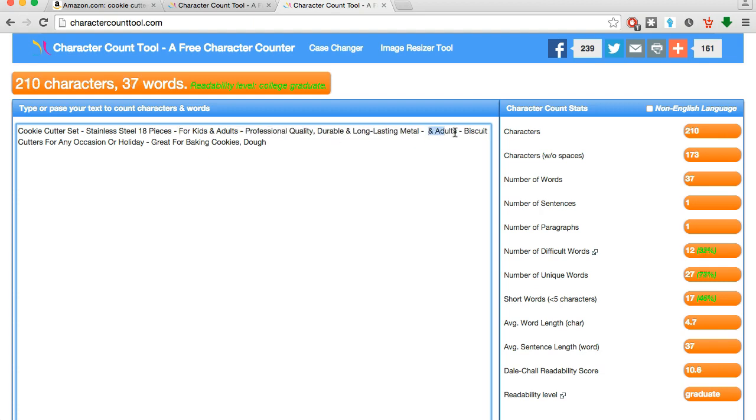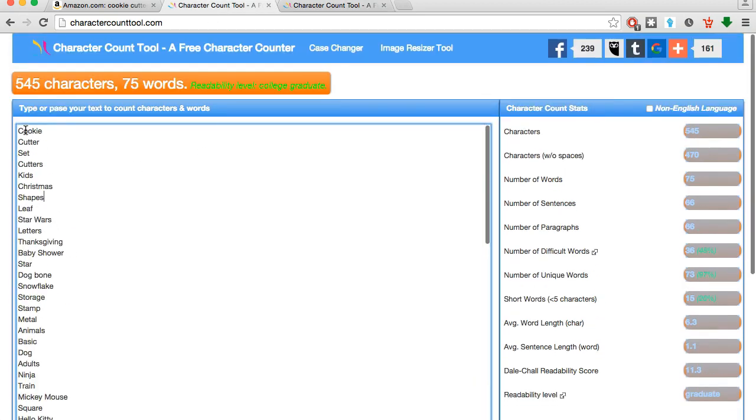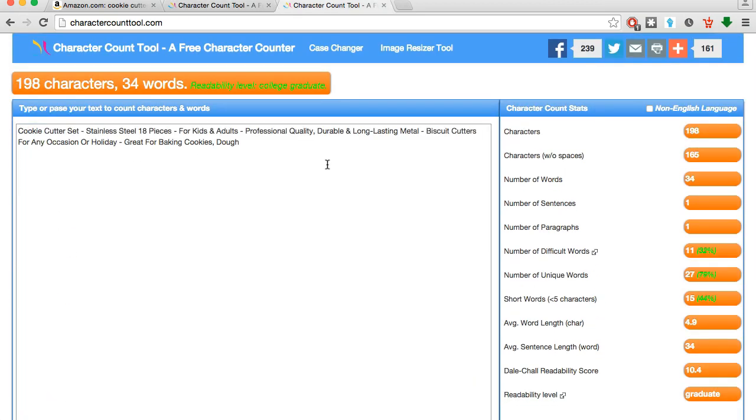Okay, there you go. Again, you're going to keep messing around with the title, but it's good that we have this list of keywords. That's the reason we put this together, because we know any word that we use is relevant. We just need to decide which ones are the most relevant. So here I'm going to put